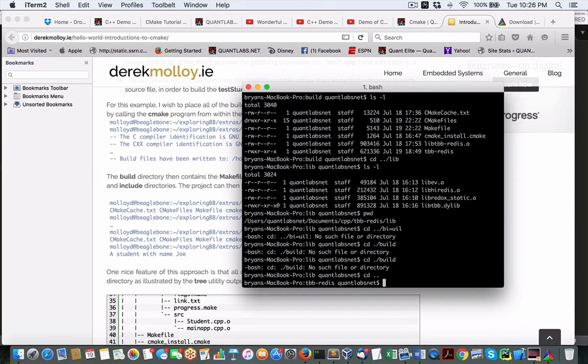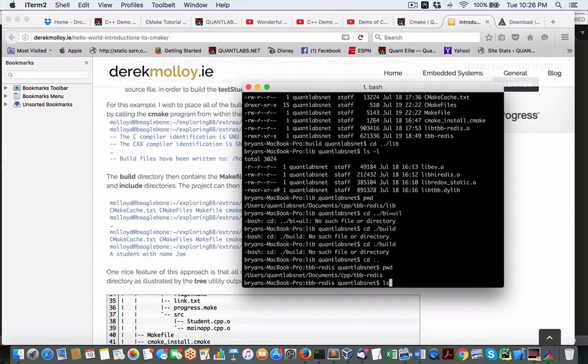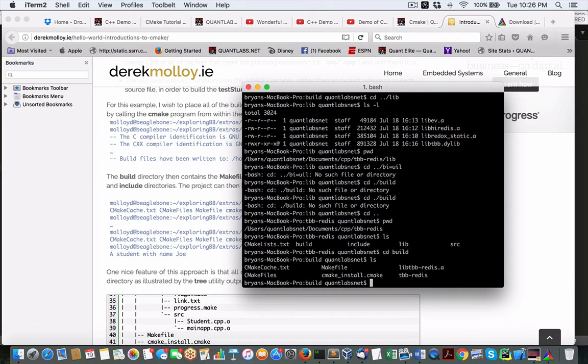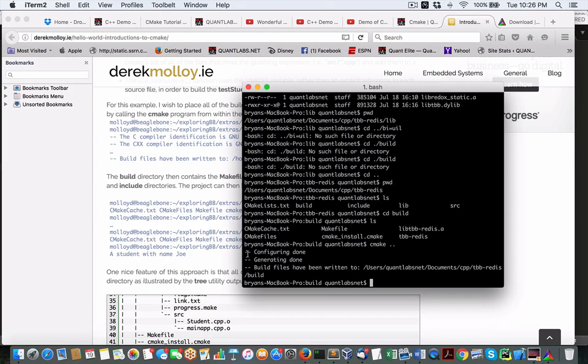Let me just go up the lazy way. Okay, so if I do a list, there's our build. So if I do a build, boom, yay, fantastic. All right, so I mentioned when we do that CMake dot dot, you can see it will create a configuration file. Generating done,